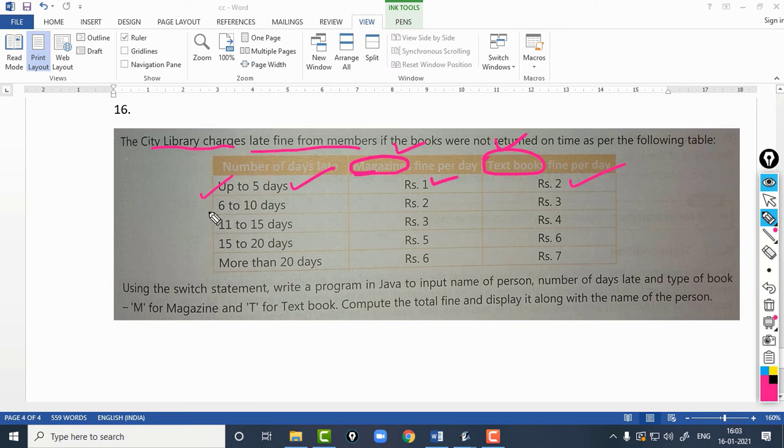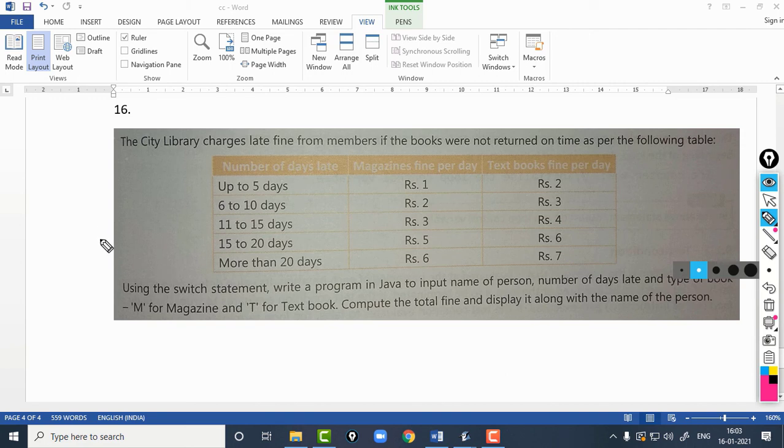Similarly, if the number of days late is 6 to 10 days, and if it is a magazine, then the charge will be ₹2. And if it's a textbook kind of book, then the charge will be ₹3 per day. So this is how we have to approach this question.